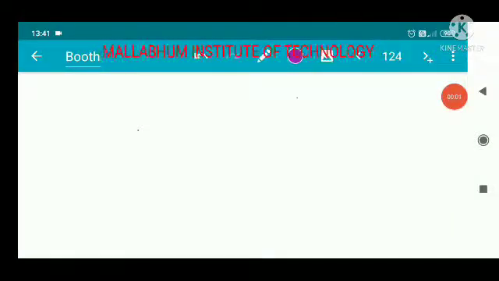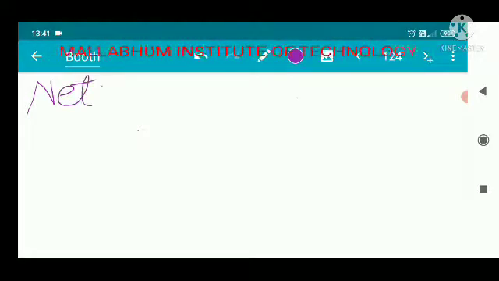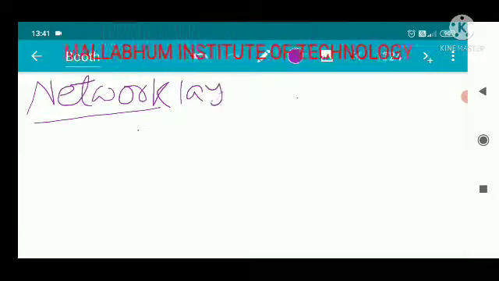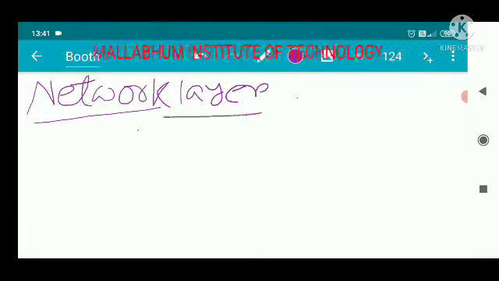Okay, today we will discuss the network layer, an introduction to the network layer. Previously we discussed the OSI model. In the OSI model there are different layers, and all of you know the different layers. Now the network layer is situated, actually this is your